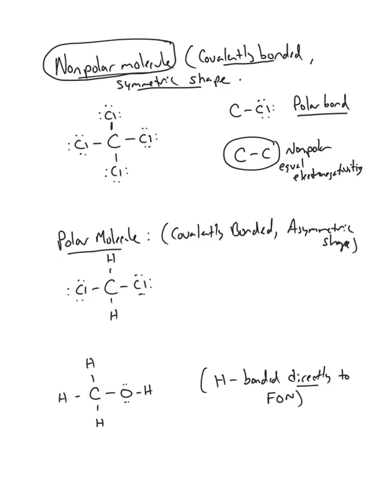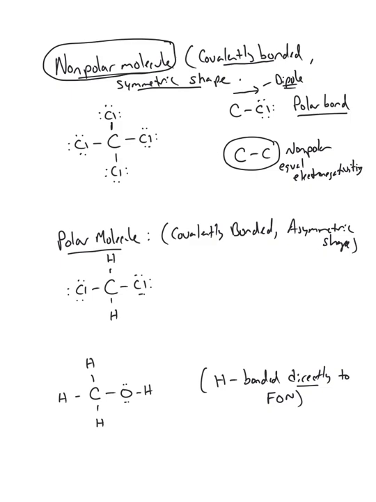So a nonpolar bond does not have something that's called a dipole, which is a difference in electronegativity. All other bonds between two different nonmetals will have a polar bond, and that's indicated by a little arrow. That arrow is called a dipole. A dipole points to the more electronegative element. In this case, chlorine is more electronegative than carbon.